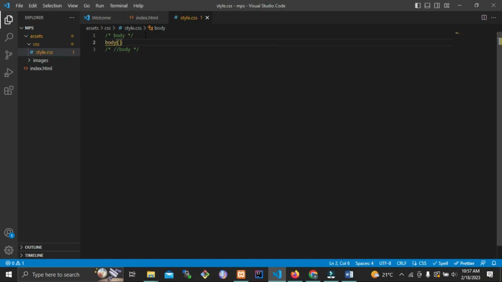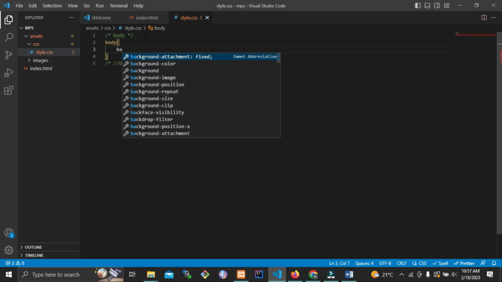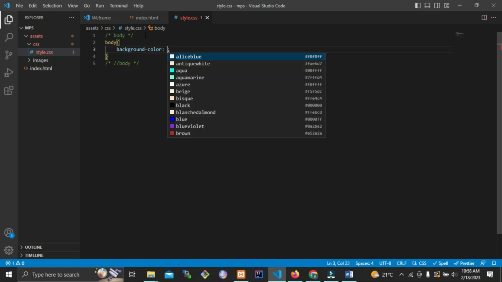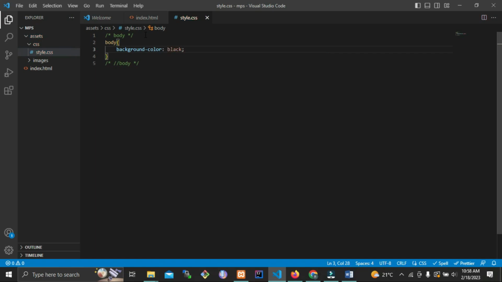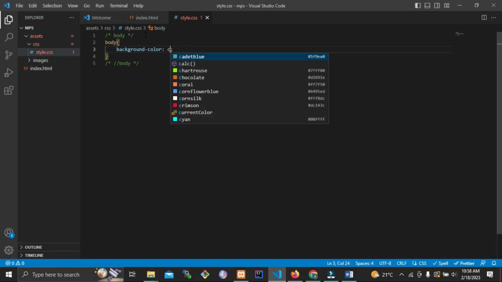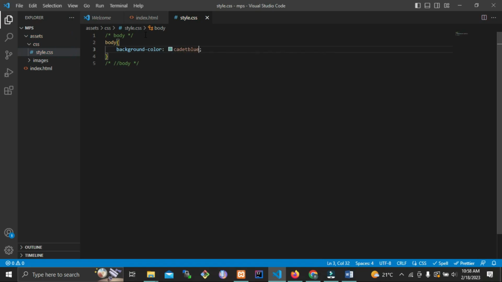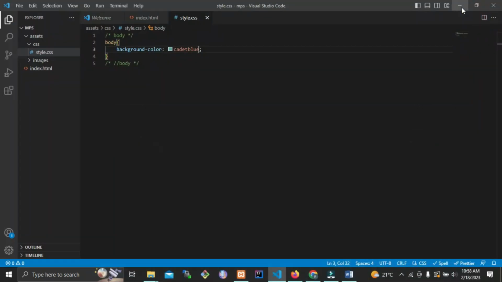You say body, you put the curly braces, and then now this body, you want to probably give it a background color, for example. So you can say either background color or you can say background. So give it a background color of probably, let's say, black, or there's another color called cadet blue. So the cadet blue is able to be reflected in our code. So if you go to your browser and reload, you can see that it changes from black to cadet blue. So that's how we're going to do our